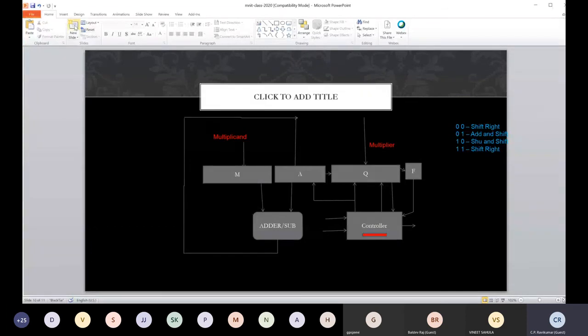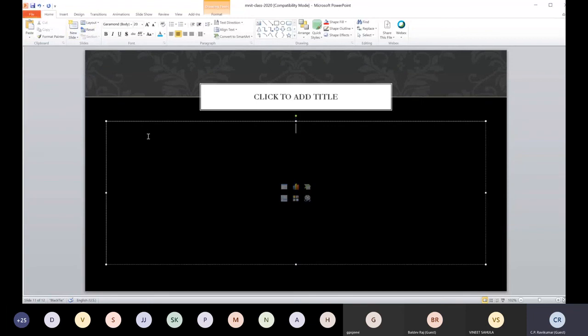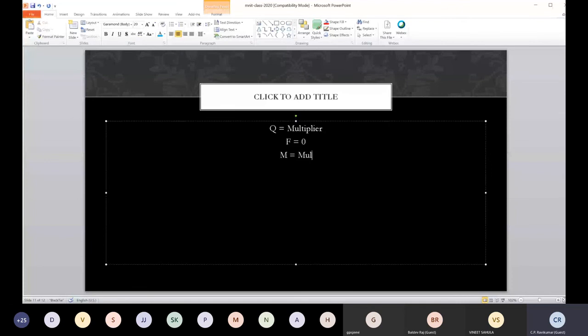Sorry. Let me show the algorithm here. Initially Q equal to multiplier, then F equal to 0, then M equal to multiplicand, count equal to 0. So this is what happens at reset.